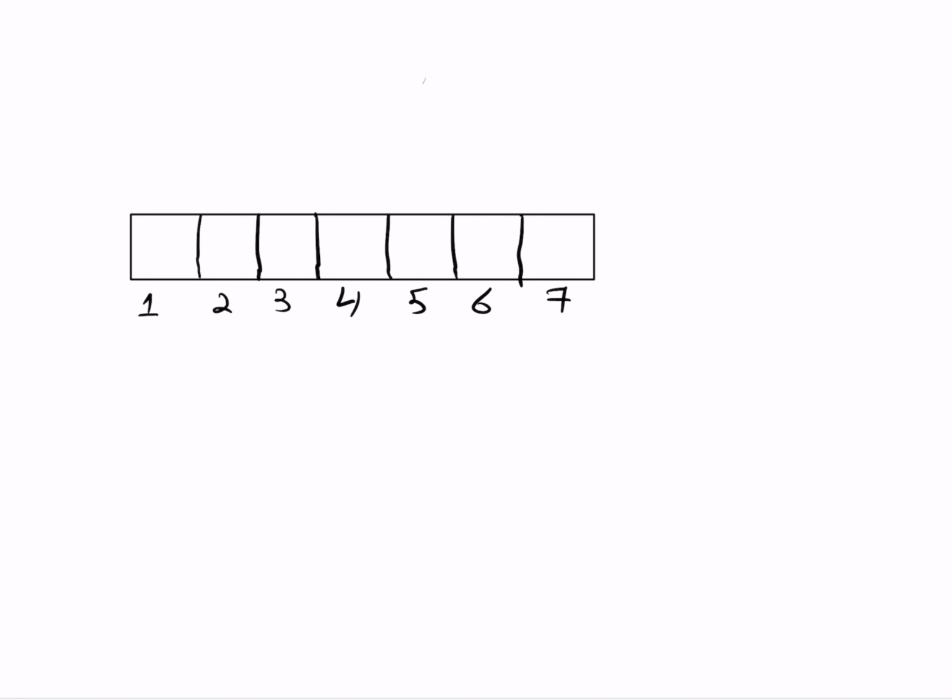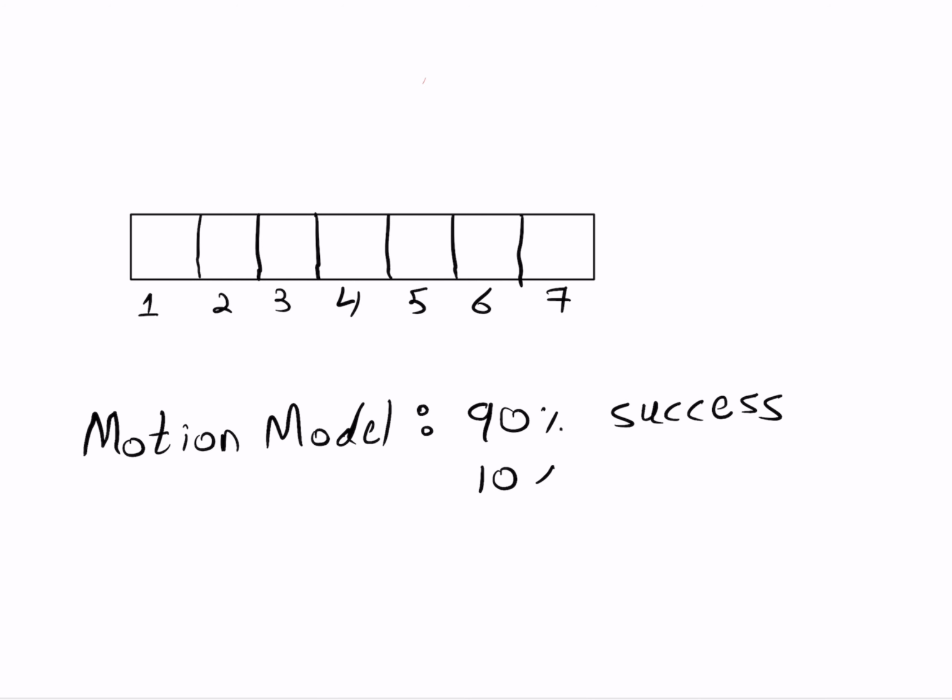Let's assume that my motion model goes like this. When I move, for example, 2 bins or 3 bins or even 10 bins, there is 90% chance that I'm actually moving those 2 or 5 or 10 bins, but there is also 10% chance that I stay at the initial position. So basically, if I'm sure that my initial position was at bin number 1 and I command the robot to move 2 bins, the posterior distribution will look like this. I have 90% chance that I moved from bin number 1 to bin number 3, 1 plus 2, but now I also have 10% chance that I stayed at bin number 1.